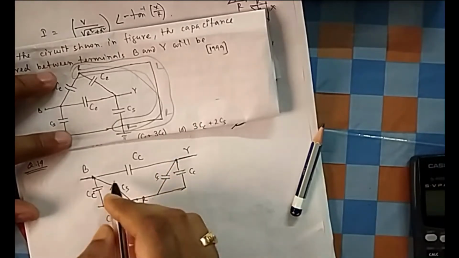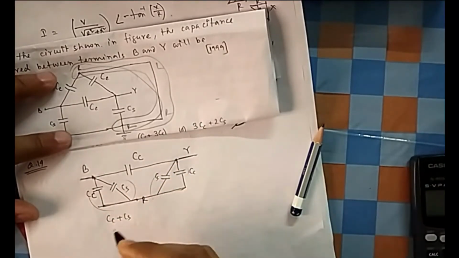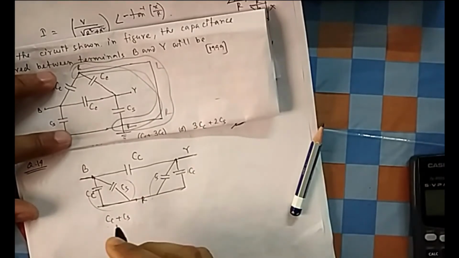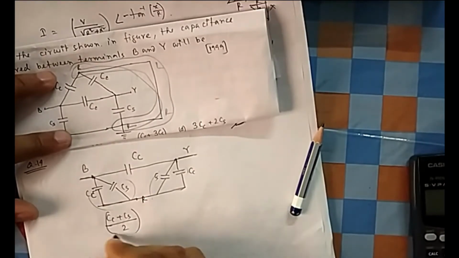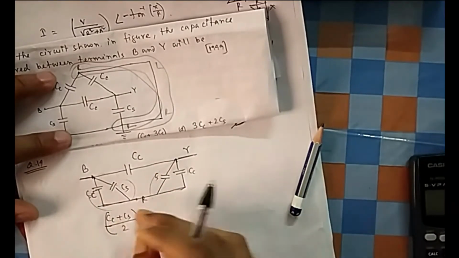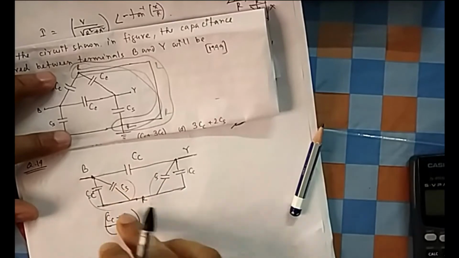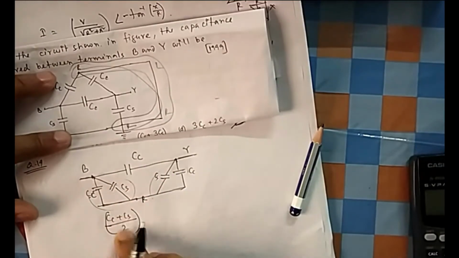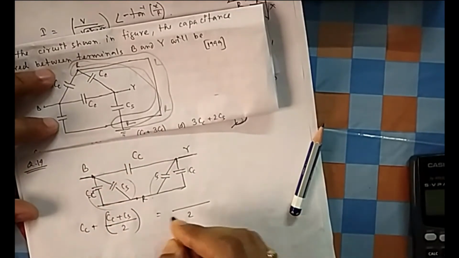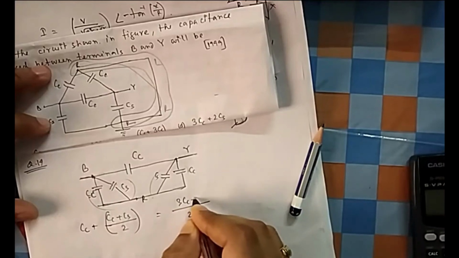So these two branches, this branch and this branch, are in series. Series means in capacitors it will be half. For series, the capacitor will look like parallel, like normal resistance in parallel. In case of parallel it will be addition, in case of series it will be like parallel. Two similar capacitors in series give half. That is again in parallel with CC. Parallel means sum. So this is the answer. If you take 2 CC, then it is 3 CC plus CS.